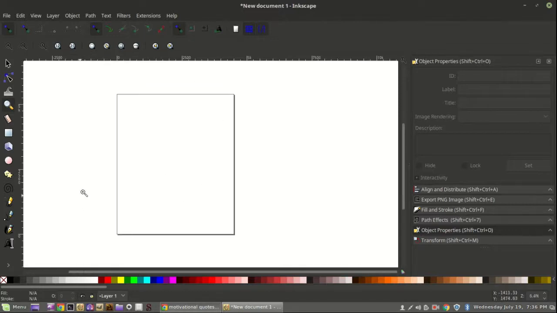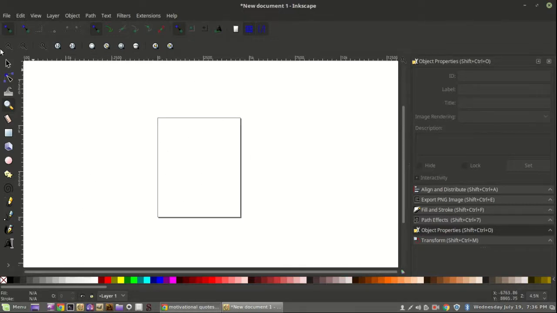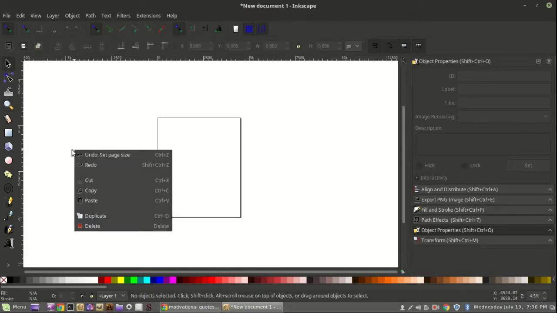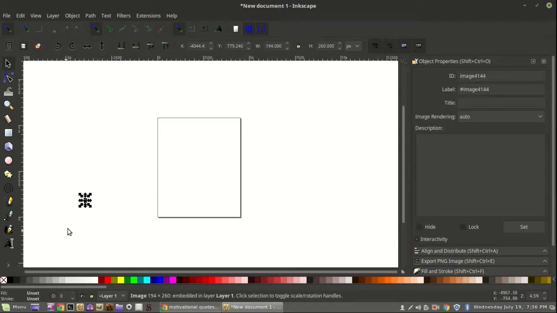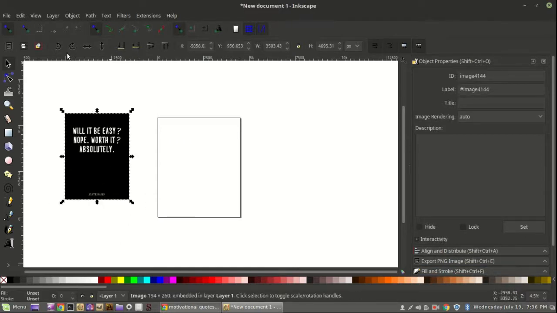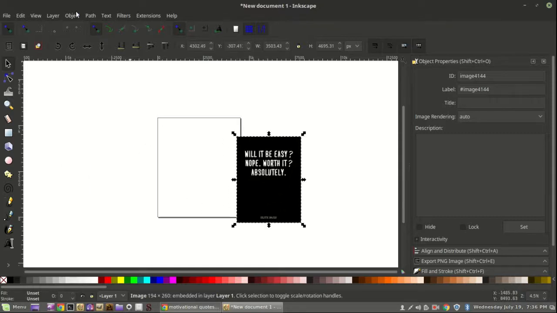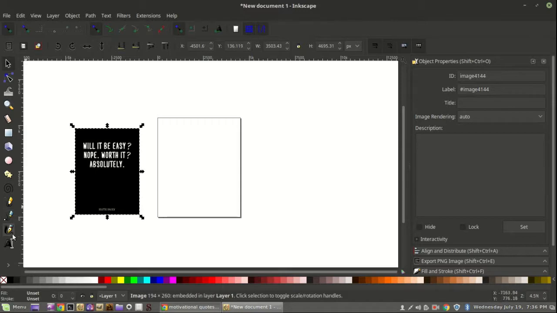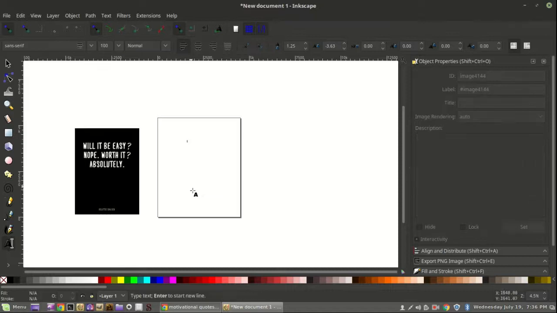And then we'll come over here, right click somewhere, paste, and that is our quote. That's just so we don't forget it. So we've got, will it be easy? No. Worth it? Absolutely. Now what I do is look at this and say, will it be easy? Nope. Worth it? Absolutely. So nope and absolutely are, to me,